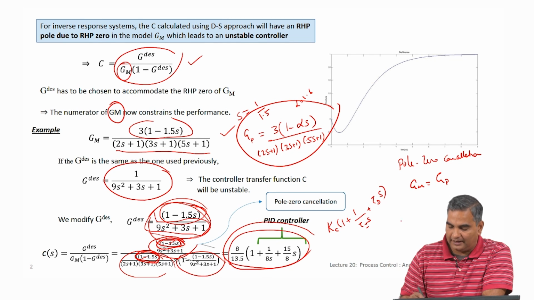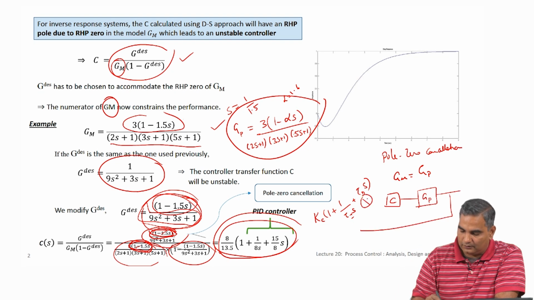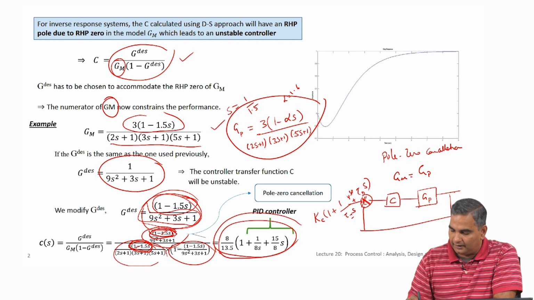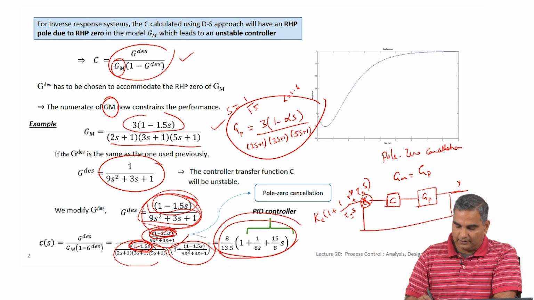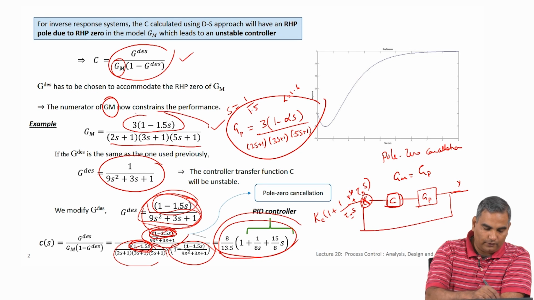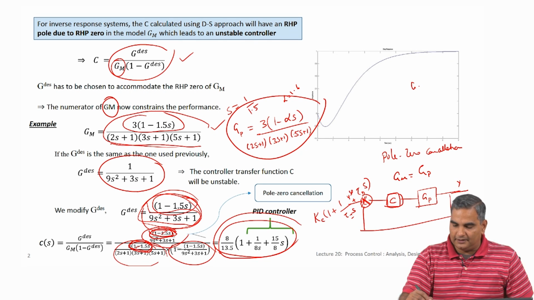For example, let us say I have a closed loop with this controller that I have designed and this G process. The standard control loop diagram: I have this set point, I have this negative sign, this coming here, going here, and I have a Y here. Now, it will turn out that you design this controller based on whatever model you have assumed. Basically, you are looking at the closed loop transfer function, which is GPC by 1 plus GPC, which is G desired, right.